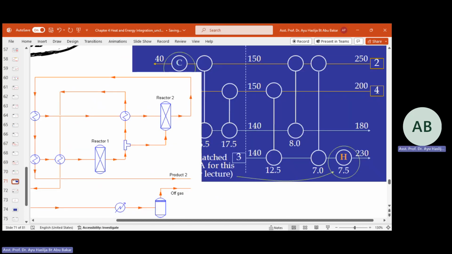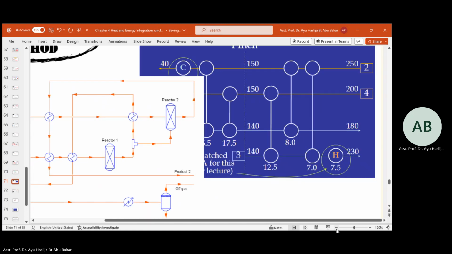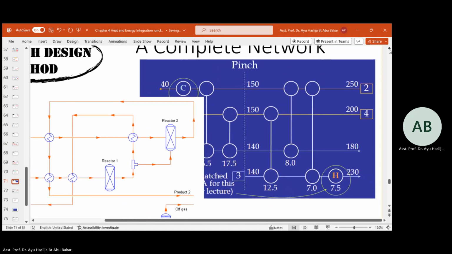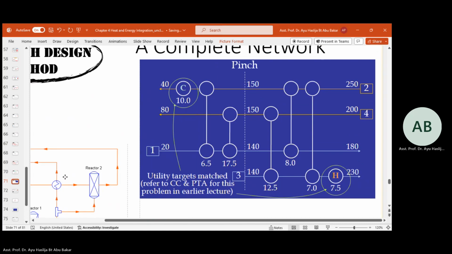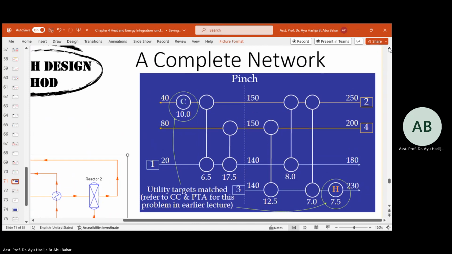Final heat integration network, it should look like this. Okay, a complete network. So 2, 4 is the hot stream. Okay, hot, hot, cold, cold. Okay, so from here,